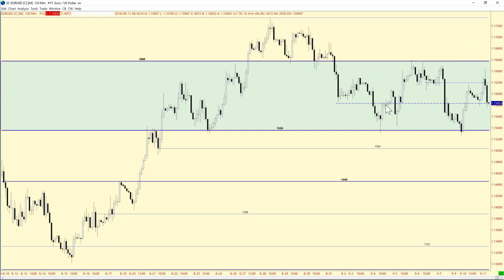This is an important area for right now. I'm actually going to put the support here, which may sound a little bit loony, but I'll tell you what, if we get down here, my concern is they may try and really push the stops. And I don't want to be saying, oh, there's support right here. So really, this area is very important here for the euro. I had that level drawn out in the Asian session, and I'm going to go with that right here, which is 1583.